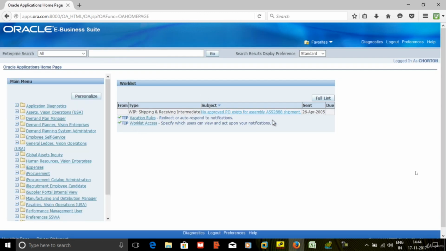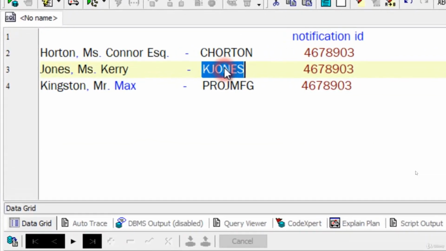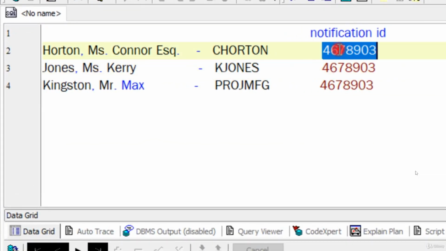See, your workflow is wiped off. The work list is not there for this particular user also. Even when the third person took some action on the notification, the notification in the other users also wiped off, meaning gone. Because the notification ID is the same, if he clicks on OK or he clicks on OK, the same notification will